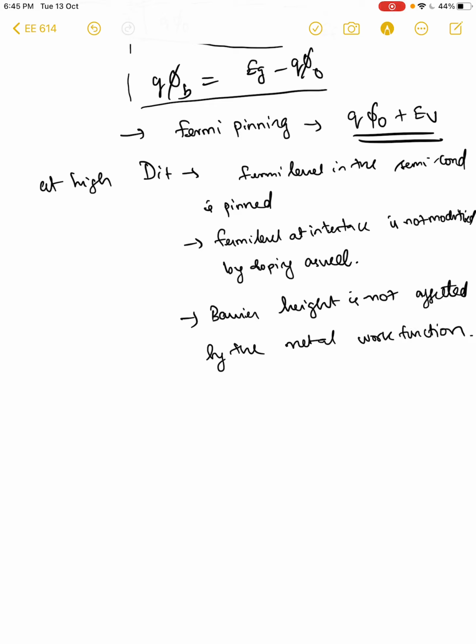These are important consequences of the fact that you have very high interface defect densities, and this is not an extraordinary situation. Most semiconductors have such high interface defect densities that the actual barrier potential really does not change with the metals, whether you use, let's say, silicon, gallium arsenide, gallium phosphide, cadmium sulfide. All these materials have a barrier height independent of the metal that you want to contact, and this is because the Fermi levels are pinned at the interface by the interface defect densities. Right?